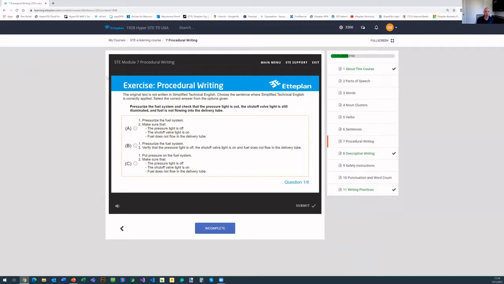But in this case, we show an example of a sentence: pressurize the fuel system and check that the pressure light is out, the shut-off valve light is still illuminated, and fuel is not flowing into the delivery tube. Bit of a technical sentence here, but are we allowed to use the word pressurize, for instance? But we see here that the light is out. The shut-off valve light is still illuminated. So we say out, we still illuminated, and fuel is not flowing. We're using a gerund here. So those are the things that are kind of wrong with this, that people will understand once they go through